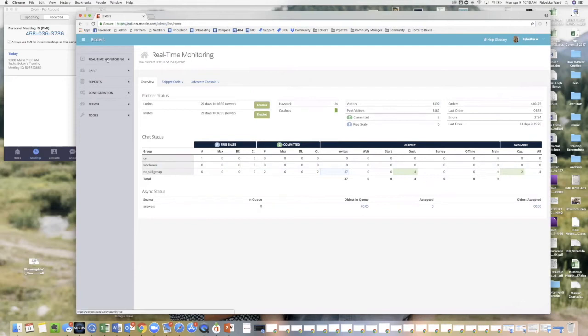If you're not already on the real-time monitoring tab, you're going to click it and make sure that you're on the little overview sub-tab. You'll see this thing that says Advocate Console. You're going to click that, and then when you want to chat,